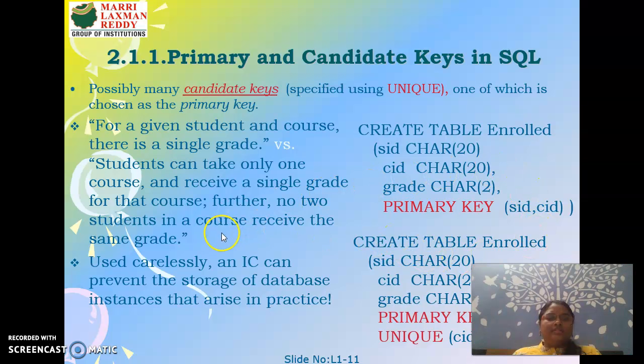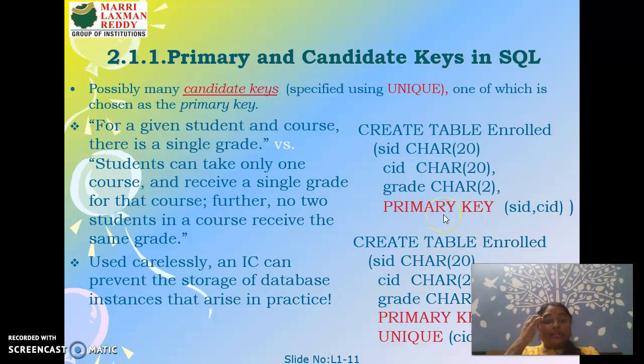Once you have found the candidate key and super key, we will be using only the primary key in our tables, right? Generally we try to find the super key and candidate key first, and then we find the primary key. Directly attacking the database and finding the primary key is a little bit difficult. So first we find out the super key out of